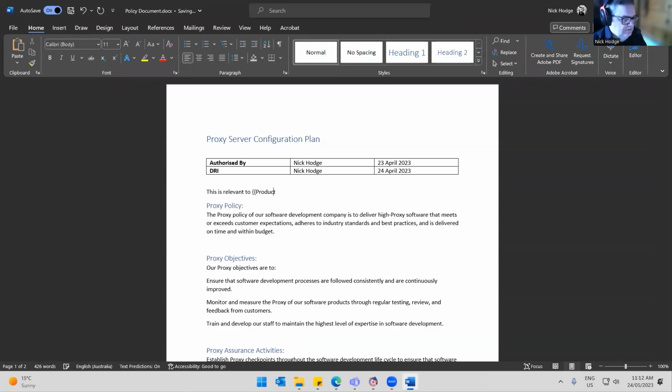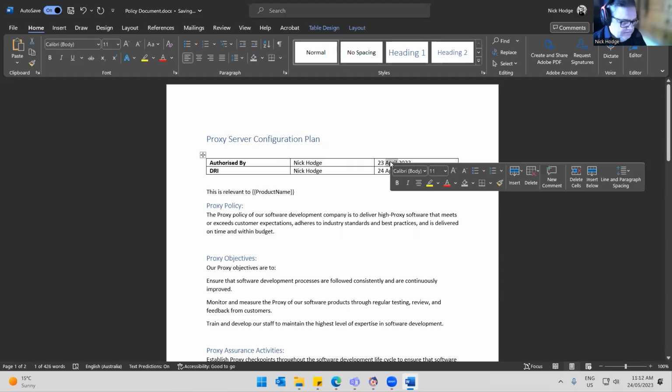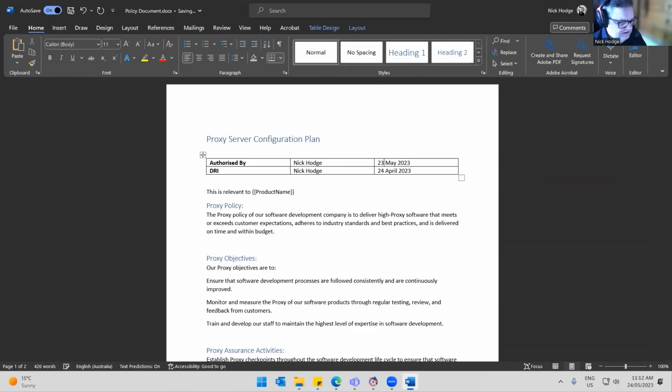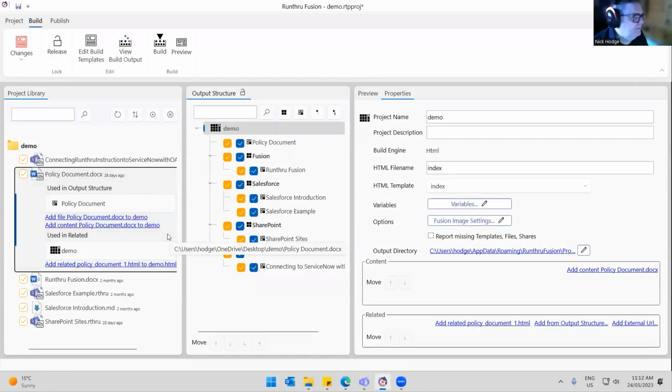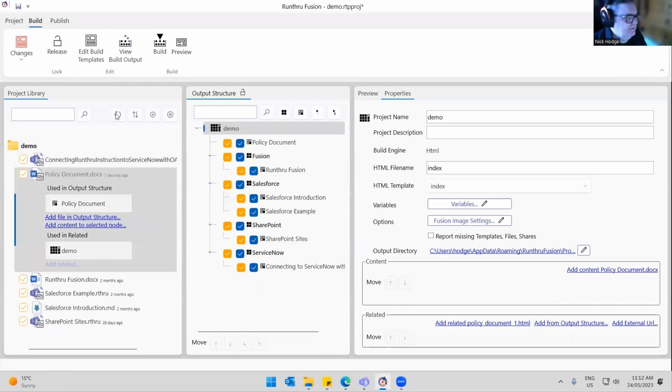So this is how I use that variable in my text. And authorized by, well, that's now the 24th of May. I'll authorize this. Better change that, otherwise our change management people get upset. And May, right, and close it and save it. So I've edited that Word document. I've added the variable. And now if I do a build,